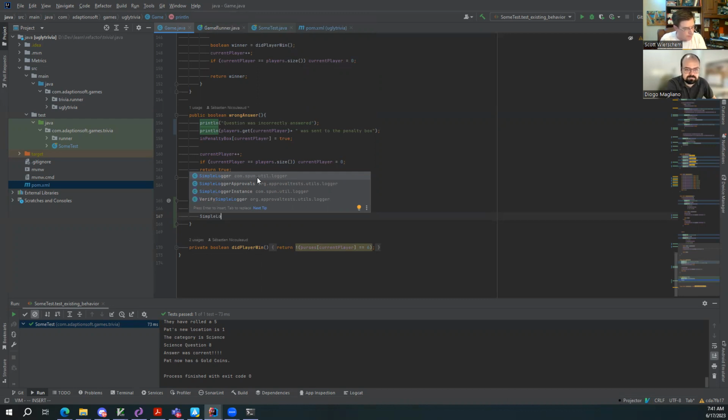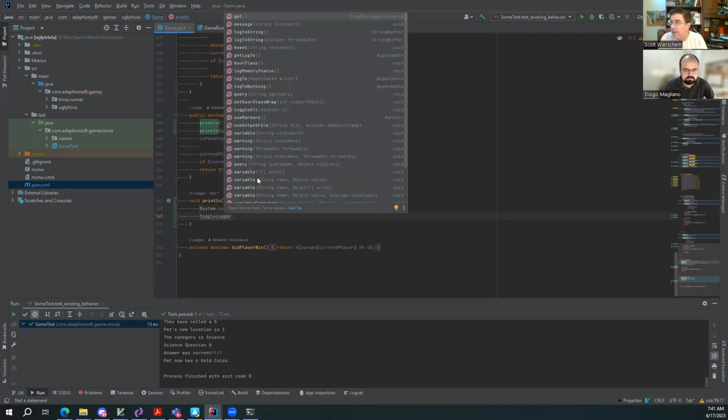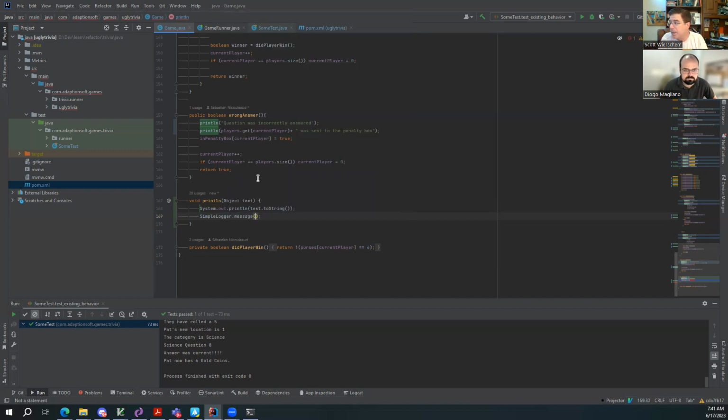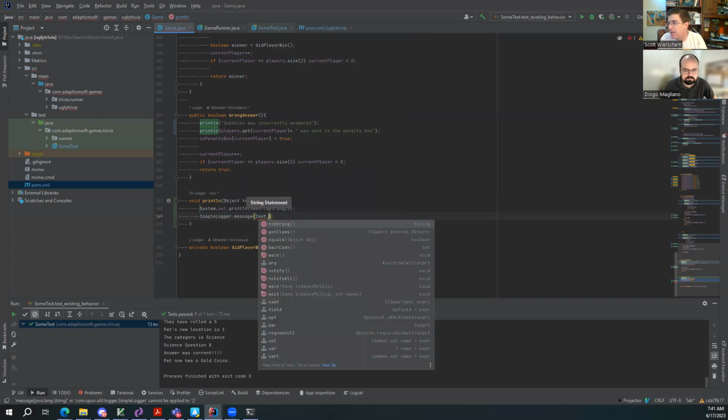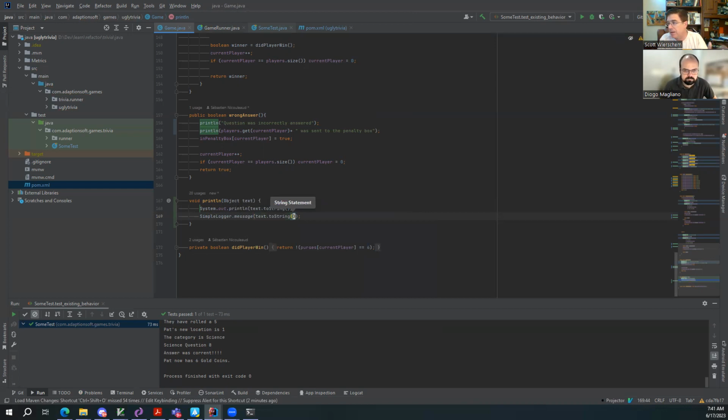So I want to make sure I'm doing this right. The SimpleLogger.message and text is string. All right, so